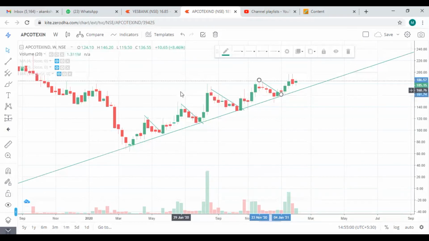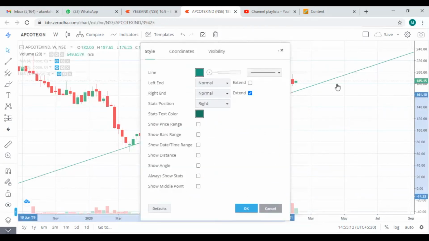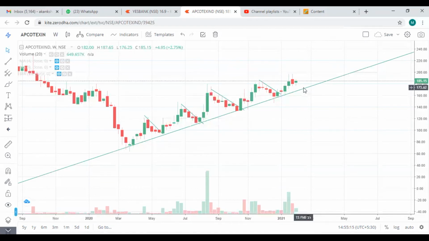So whenever you want to take a trade, my suggestion is when it reaches or touches the major trend line, you can take a trade here, right? After taking a trade here, obviously the prices will bounce back. So if you have taken a trade,